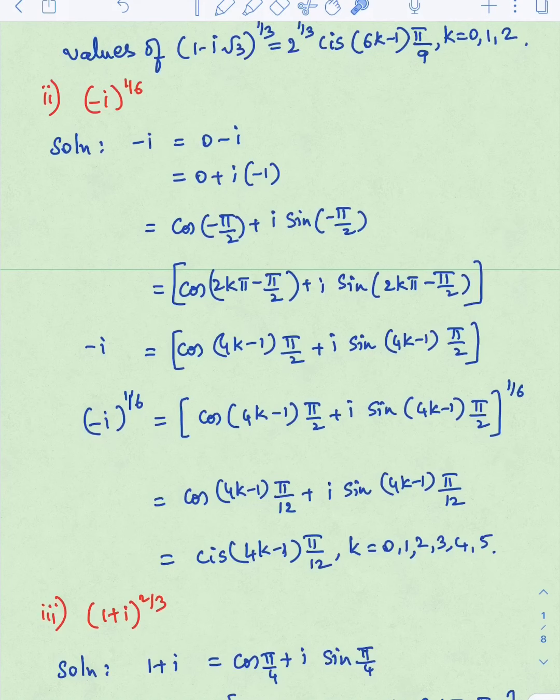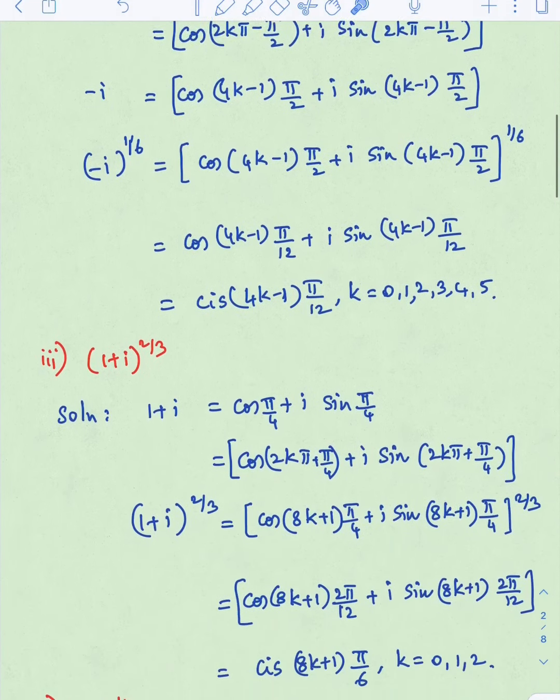Next, in the question it is power 1/6. Put power 1/6 on both sides. Rational index, so 1/6 should come here. It will become 12. Okay, this can be written as 6. Here power 1/6 in the question, therefore 6 values are required. Power 1/6 means 6 values: 1, 2, 3, 4, 5, 6. They start from 0 always. So k values are 0, 1, 2, 3, 4, 5. Like that 6 roots will come.